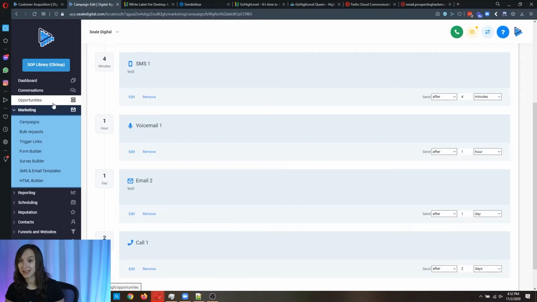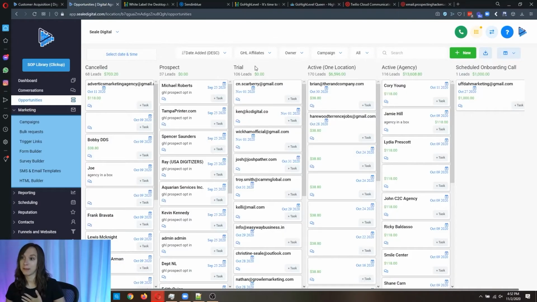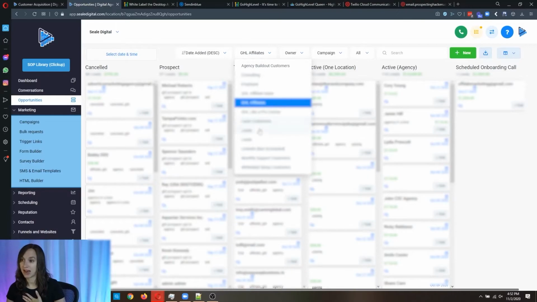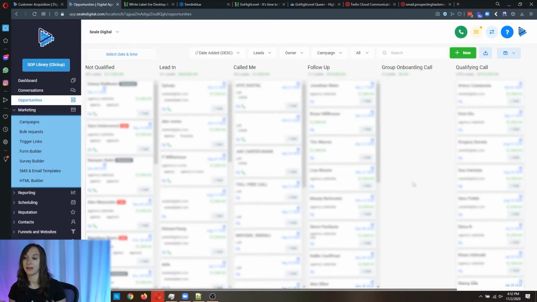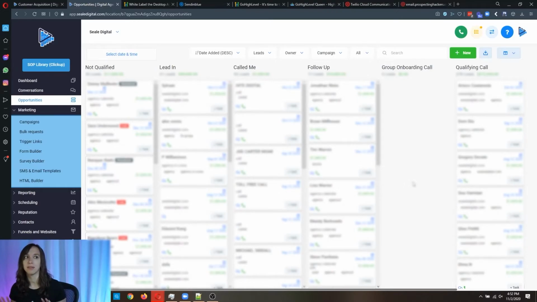And the pipeline, I use the pipeline all the time because I love having this high level view of like everything. So whenever a lead comes in, they're going to come into this category lead in, and you can see if someone calls you, you can mark them accordingly.